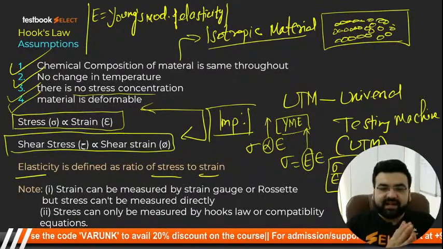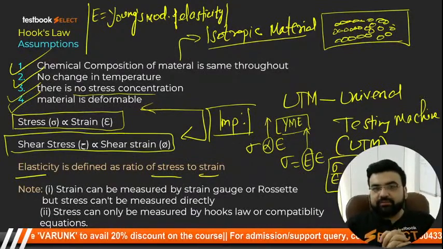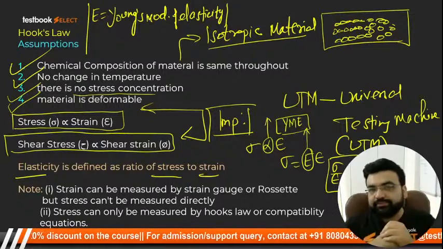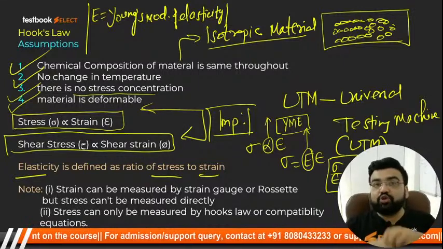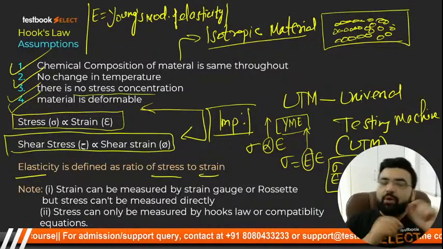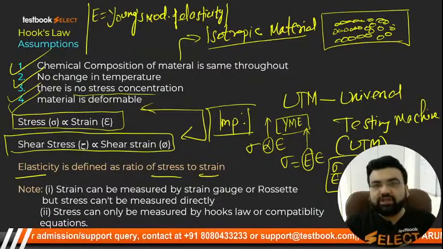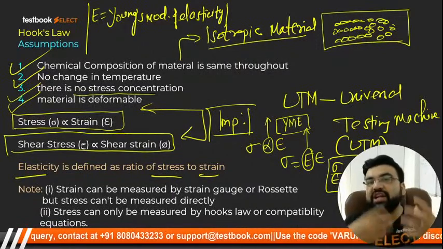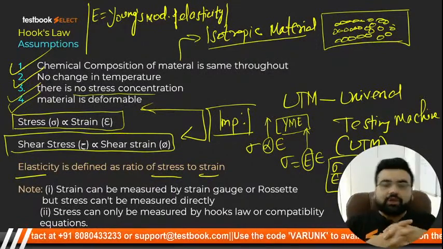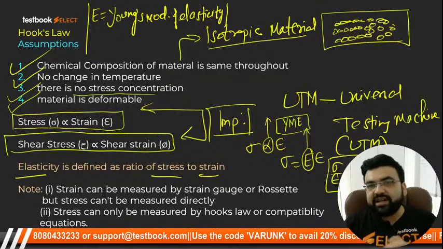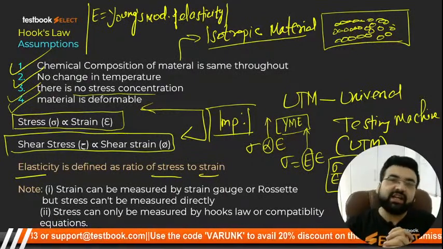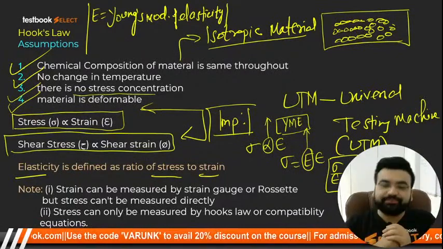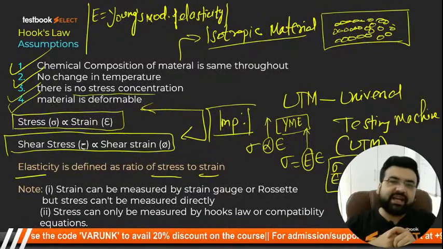Now very important thing is that आज तक कोई ऐसा इंस्ट्रूमेंट नहीं बना जो कि स्ट्रेस को डायरेक्टली मेजर कर ले. आप बोलोगे सर इतनी एडवांसमेंट हो चुकी है, आज तक कोई ऐसा नहीं बना. नहीं, बिकॉज बॉडी के अंदर रेजिस्टिंग फोर्स कैसी होगी इसको डिटरमाइन करना नेक्स्ट टू इम्पॉसिबल है. ये डिपेंड करता है मॉलिक्यूलर ओरिएंटेशंस के ऊपर. तो आप बोलोगे कि सर अगर आज तक कोई ऐसा इंस्ट्रूमेंट नहीं बना जो स्ट्रेस को मेजर कर ले डायरेक्टली, तो हम स्ट्रेस को मेजर कैसे करते हैं फिर? तो मेरा आंसर होगा इसी लॉ से, हुक्स लॉ से. बिकॉज हुक्स लॉ में आपको ई है, ई आपको मटेरियल